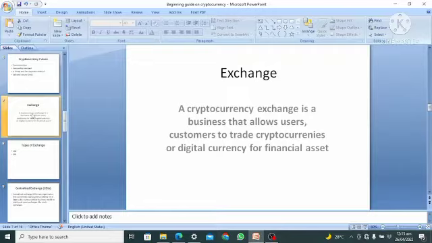An exchange is a place that allows users, a buyer or a seller, to come in. It is a company that sits in the middle, just a middleman, allowing a buyer and a seller to come and transact business between themselves in this particular asset, which is digital currency for financial assets. It's going to be an exchange of assets between a seller and a buyer. So in this way we are going to see the features of an exchange, and the types of exchange we have.